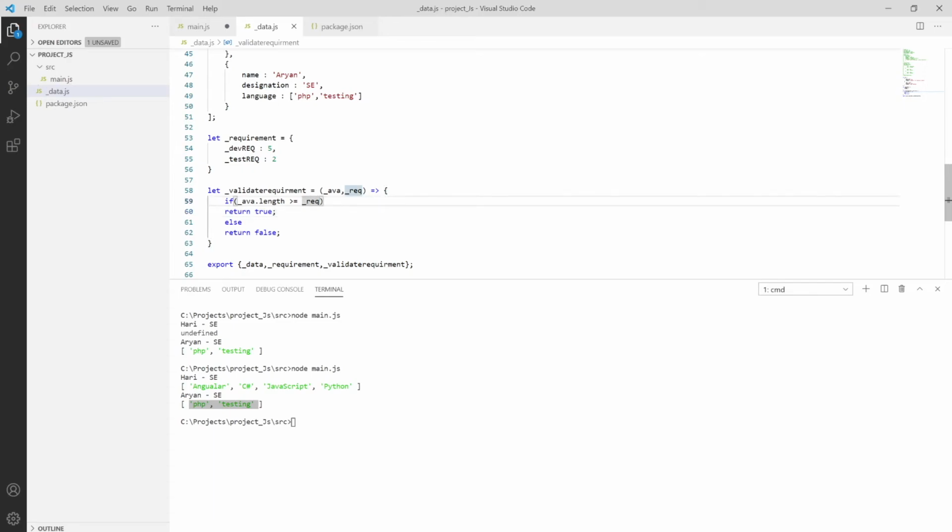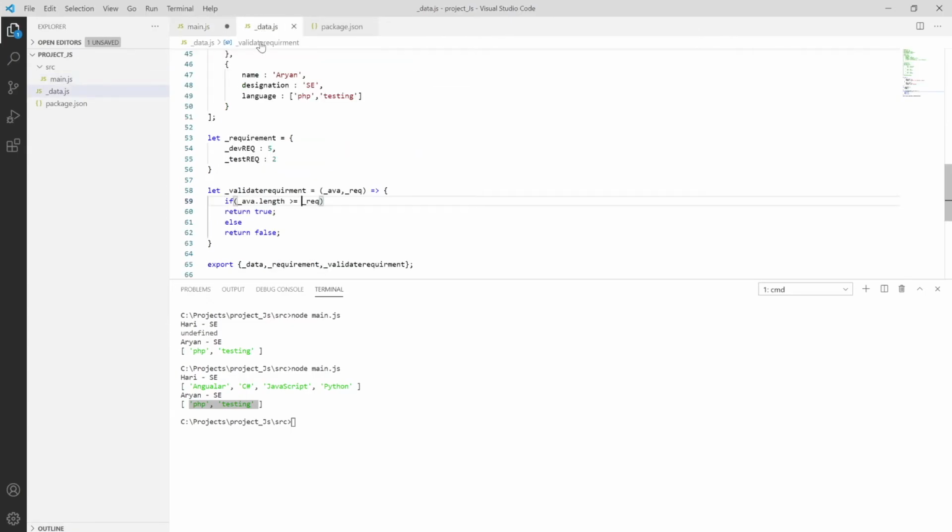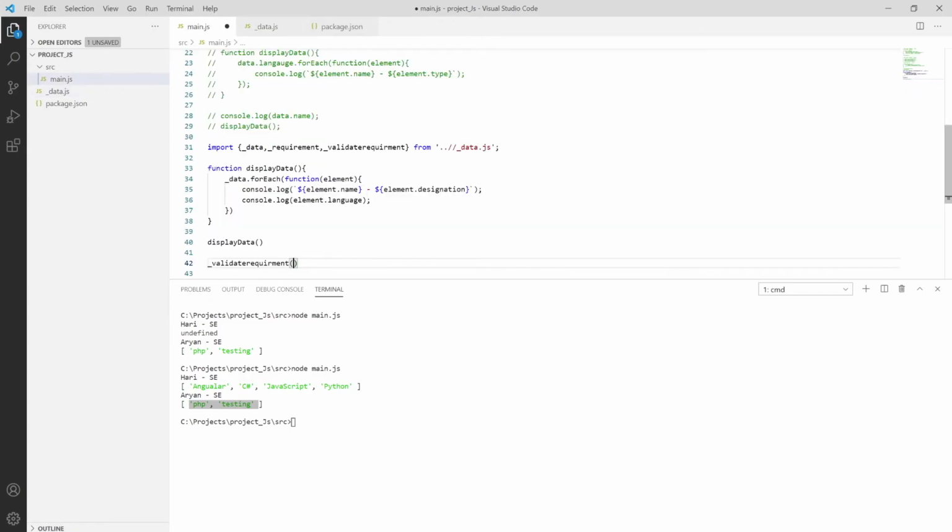So it will check underscore requirement. If average is greater than, I have put control S and then printing this in the console window, so console dot log over here.